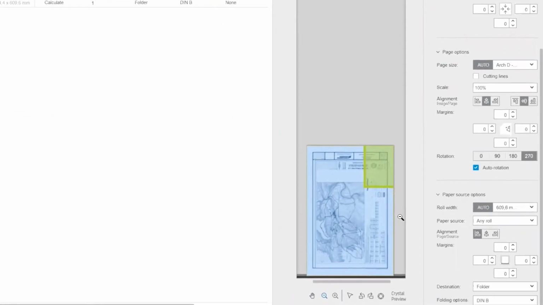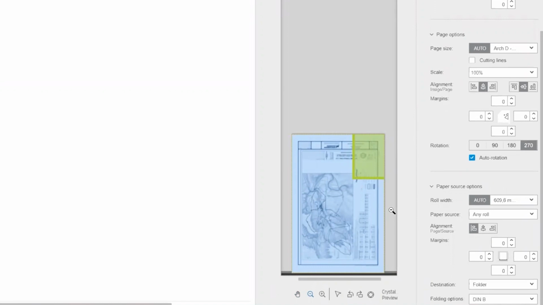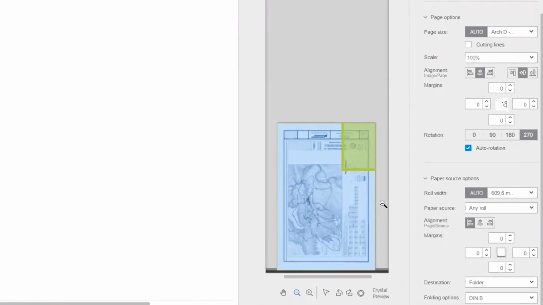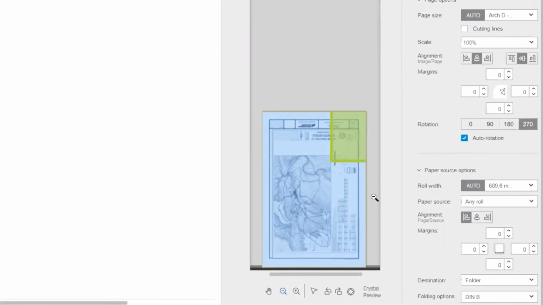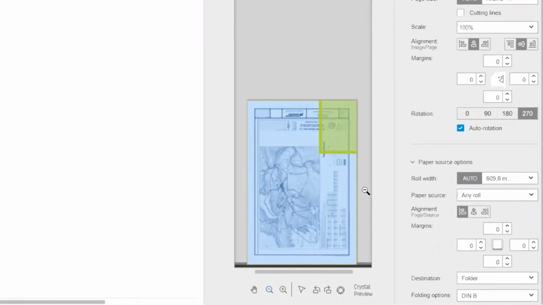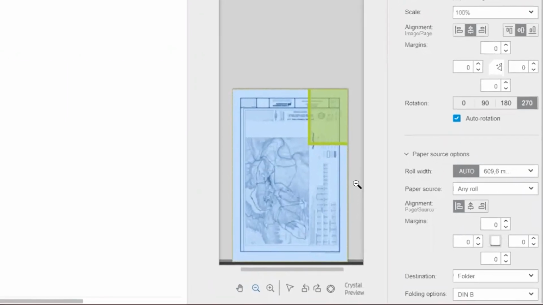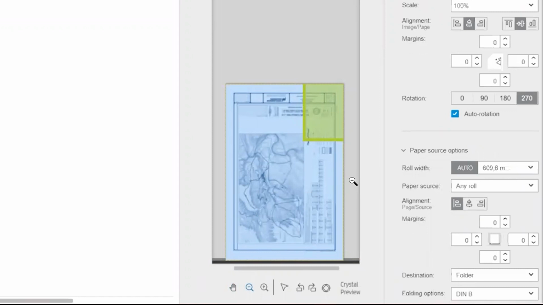The title block is part of a plot that contains information specific to that plot, such as the client name, architect name, and an address of a construction site. This process is optimized, streamlined, and made simple with HP SmartStream.